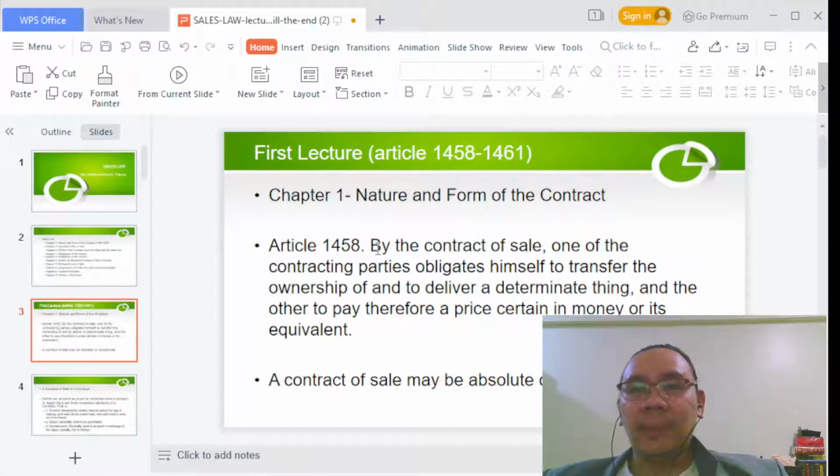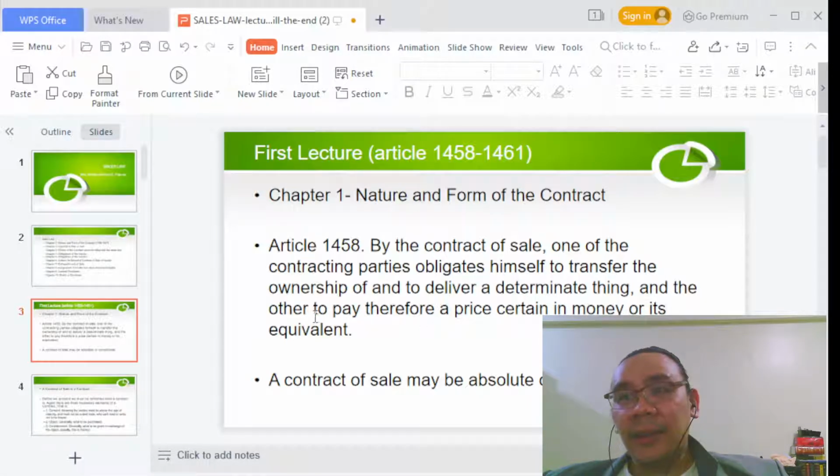I'll give you an example. Let's say a contract of sale of a car. In a contract of sale of a car, it is the seller who delivers the car to the buyer, right? So we're done with the first phrase. Good job, we understood that. We go to the second phrase: the other party